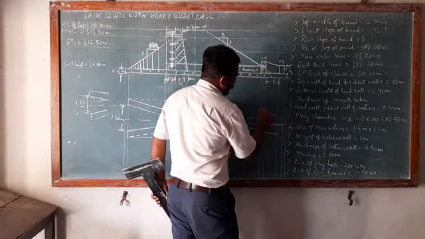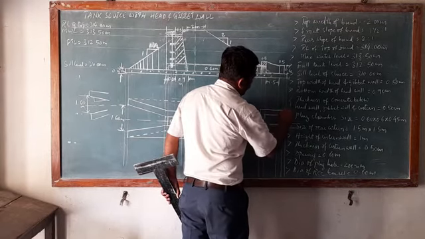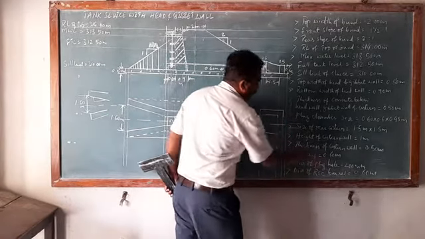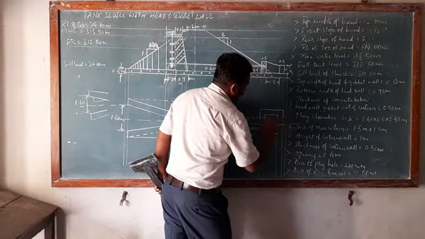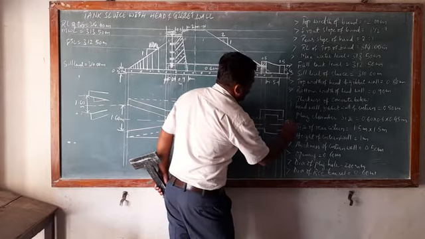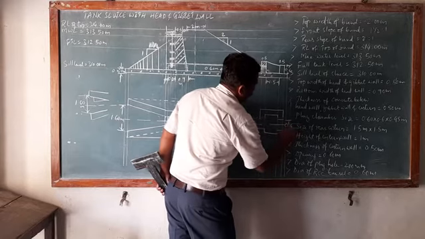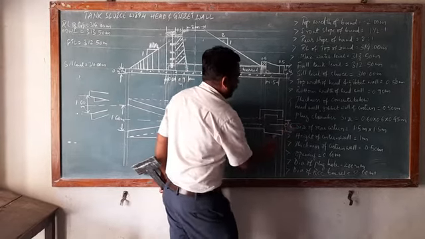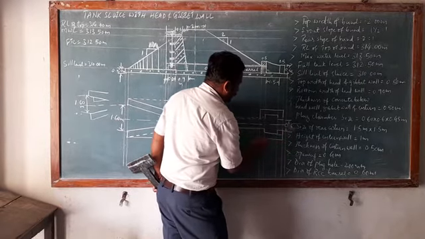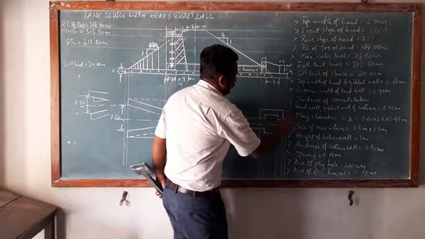Then the thickness is given as 0.5 meter here, so I am demarcating 0.5 meter. Before that, the opening here is given as 0.6 meter. So on either side, whatever this 0.6 meter is there, in the same line I am going to leave a gap of 0.6 meter here. This is 0.6 meter through which the water will be entering into the canal. Now I shall give the thickness here at the bottom also. So this completes your system.